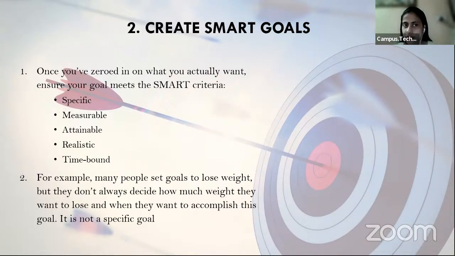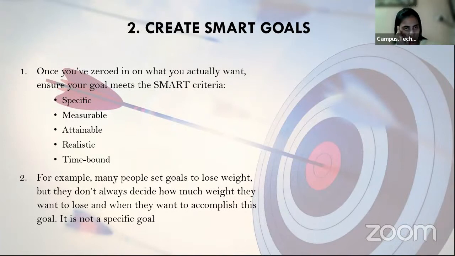Specifically, I'm saying that within this time, I want to reduce 4 kg of weight, and when I say 20 kg in the next 5 months, I'll be in a state to reduce my 20 kg weight. So the more detail oriented your goal is, the better are the chances of realizing it once you hit it. The better are the chances that you will be able to check how much you have achieved.